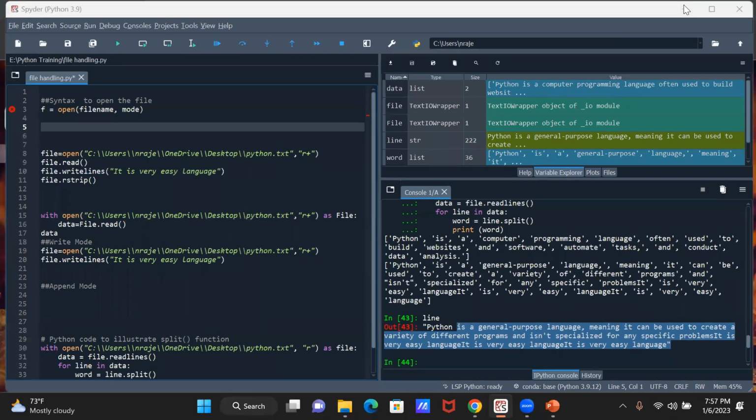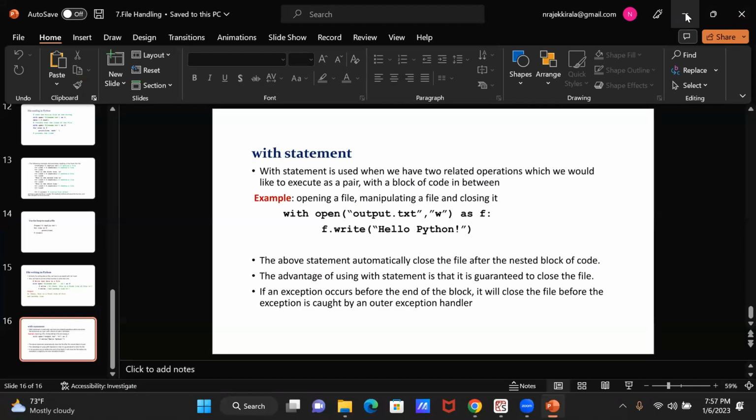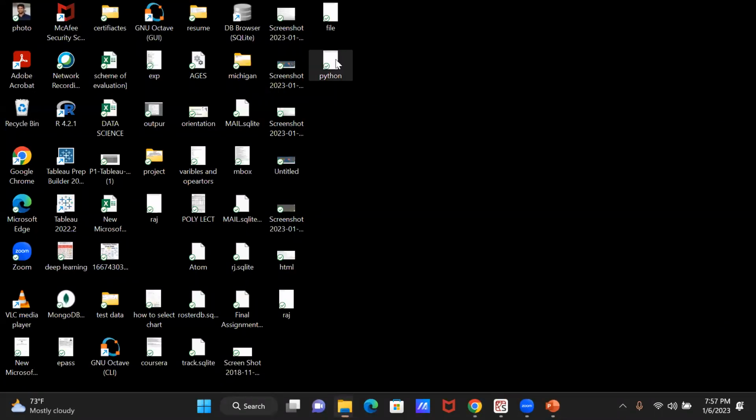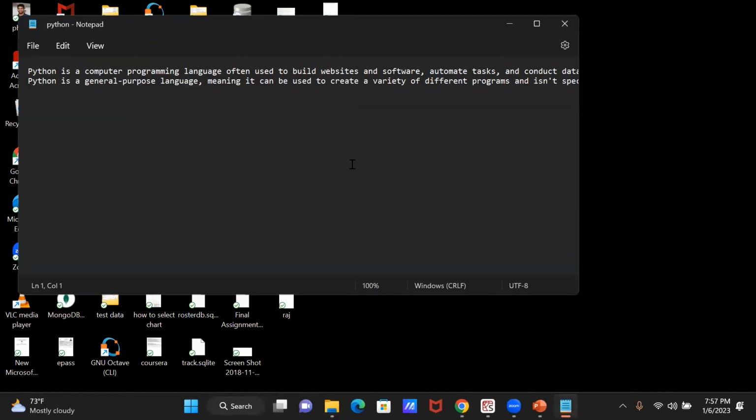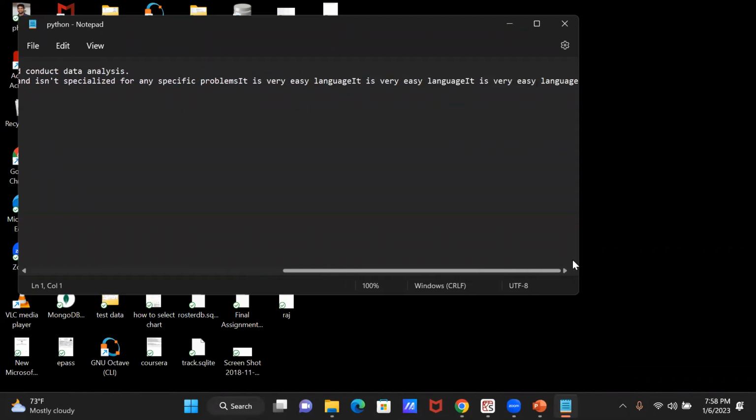Let me open this one. So it is on the screen. Are you able to see the screen? I'm opening Python. Can anyone respond? Are you able to see one notepad? Okay, fine. So what I have written is: Python is a computer language often used to build websites and software. So almost 2